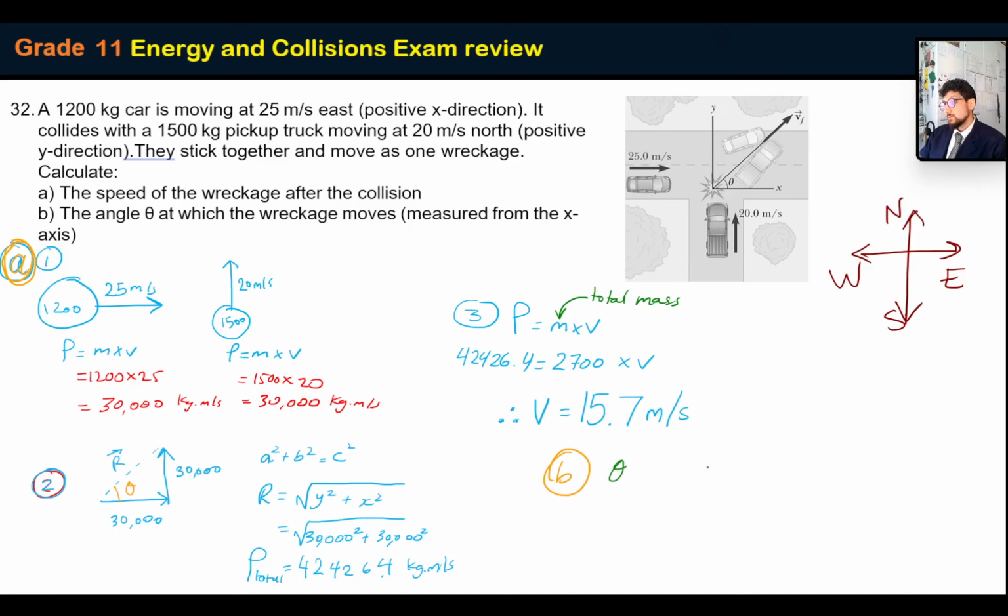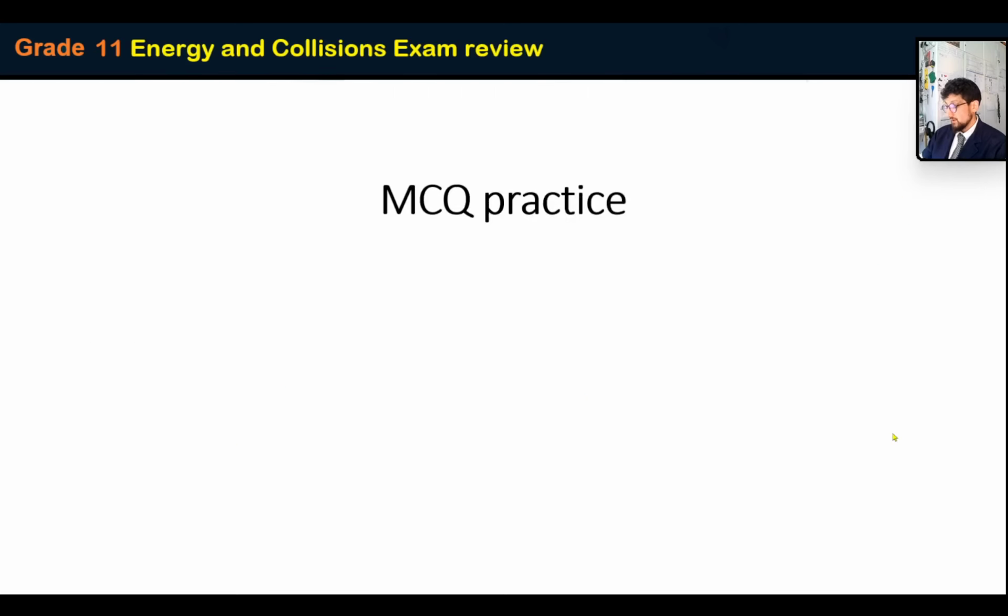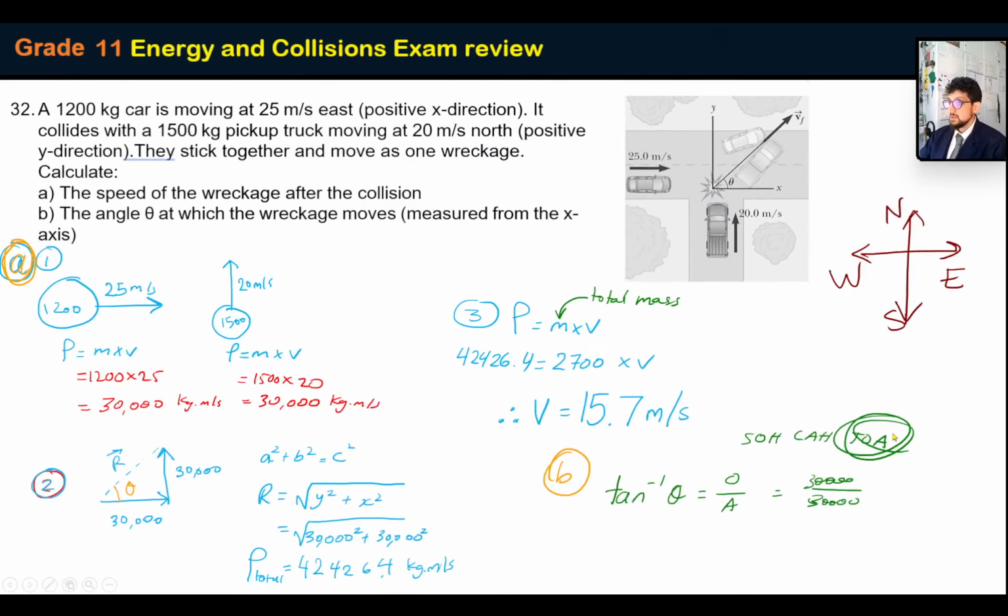To calculate theta, we need opposite over adjacent. So remember, SOH CAH TOA. We're going to go with this one because we have the opposite and the adjacent. So it's going to be shift tan: tan theta is equivalent to the opposite over the adjacent, which is 30,000 over 30,000, which, by the way, is equivalent to 45 because they're exactly the same anyway. So